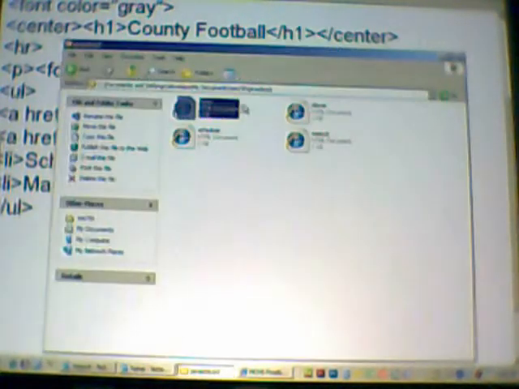Let's go back to our HTML. And let's add the hyperlinks in front of the players, the schedule, and the mascot. I'll do those one at a time. Right in front of the LI, A space href equals quotation marks. My file name is not players, it is strictly player. And again, the file name has to match exactly. So it will be